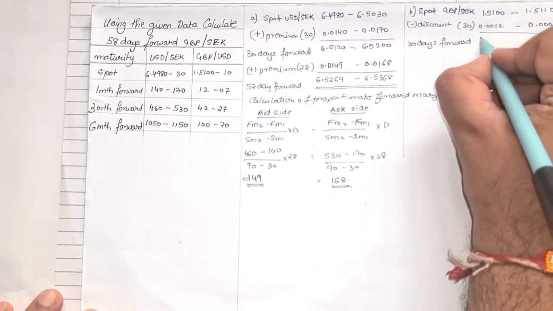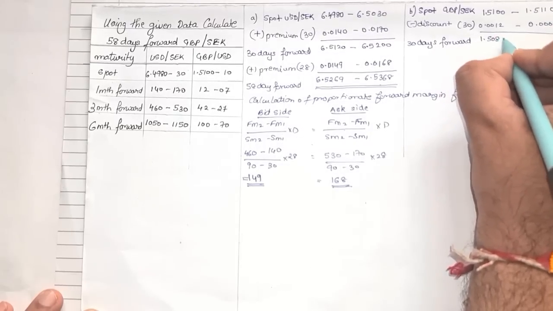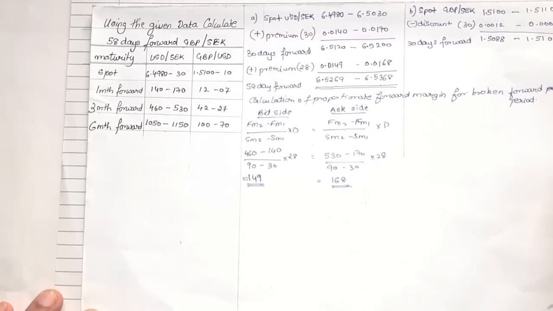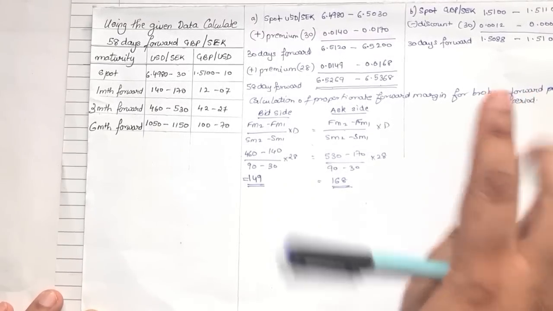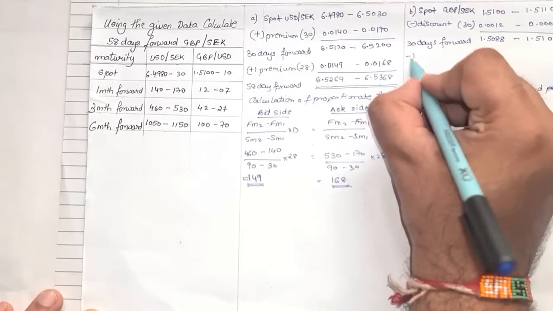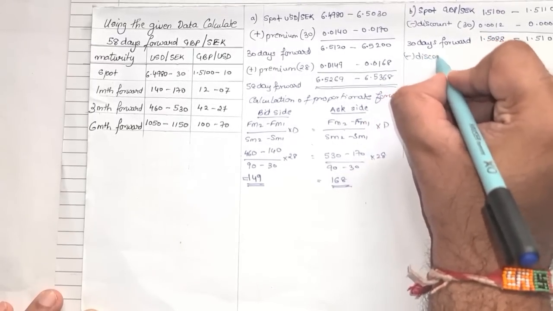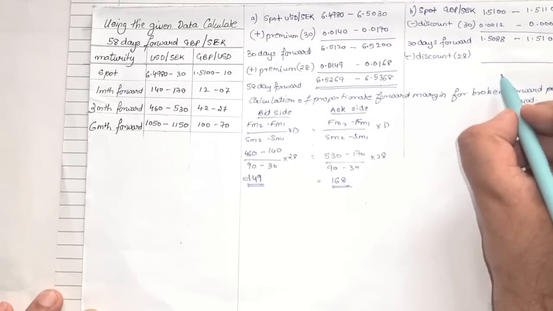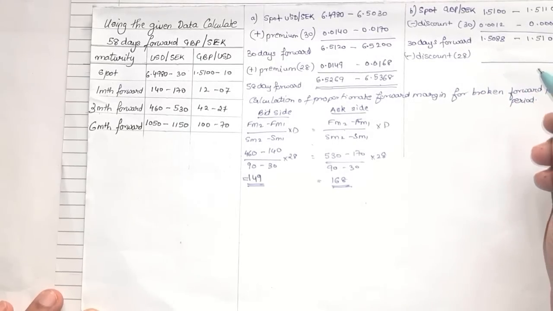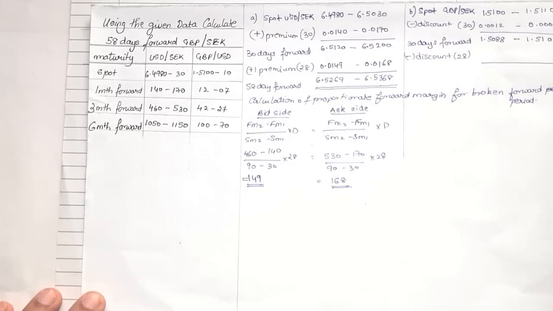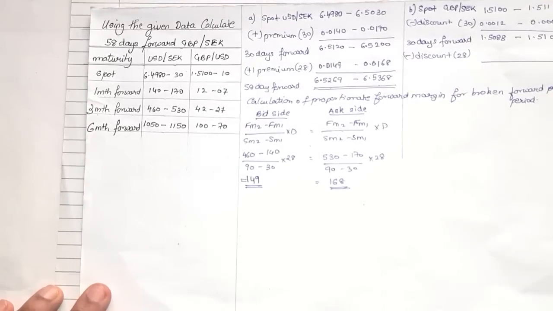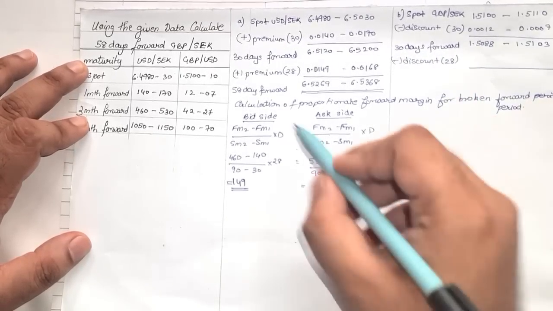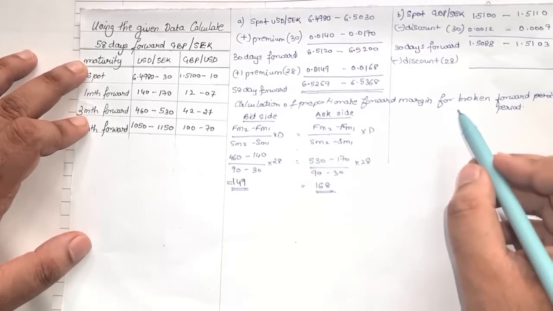I will get this as 1.5088 and here it will be 1.5103. Got it? Now again 30 days, I need another 28 days, so I'll write here less discount for another 28 days. Value I will find it. Now in order to find the discount, again we will have to calculate the proportionate forward margin from broken